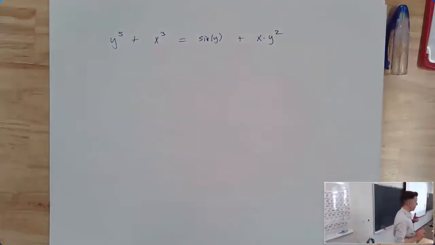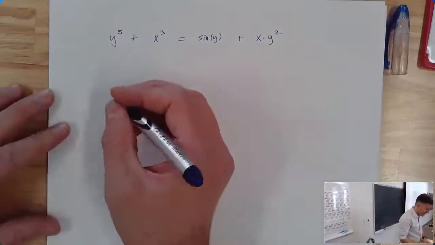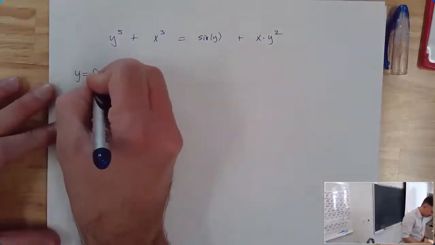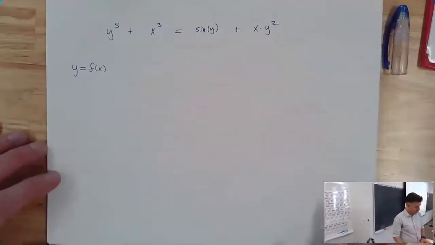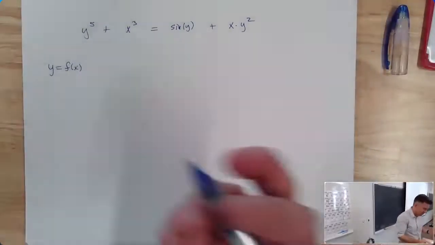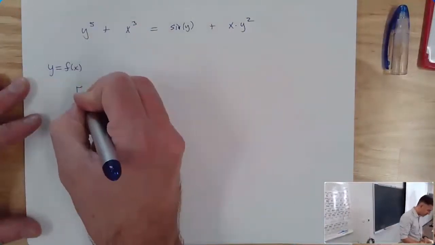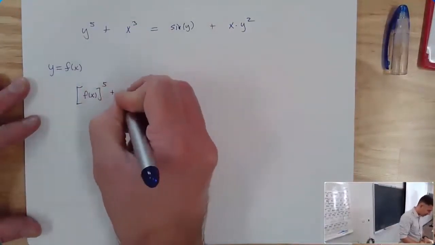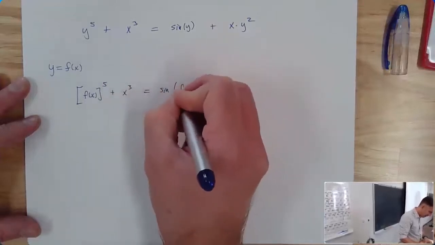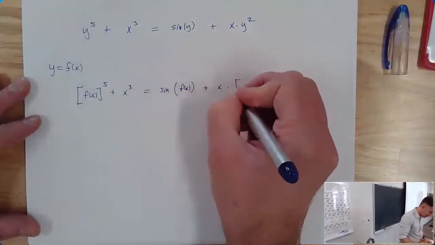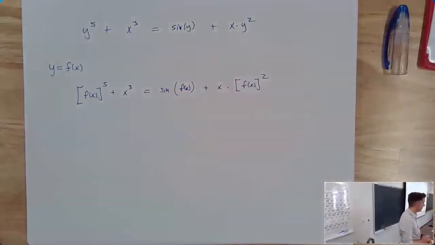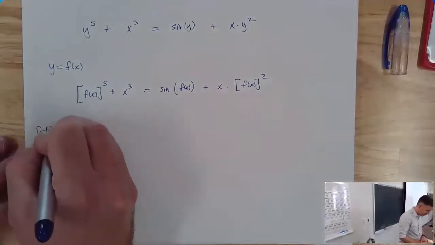So here's the idea. We're pretending y is a function of x. What we're really saying to ourselves inside our heads is, well, it's not really a function of x, but it depends on x a whole lot. So we could write this if we wanted to. We're saying y essentially is a function of x. So if I wanted to, although I don't really want to, because it just takes up a lot of space, I could totally rewrite this as f of x to the fifth power plus x cubed equal to sine of f of x plus x times f of x squared. And so now if I'm going to differentiate both sides,